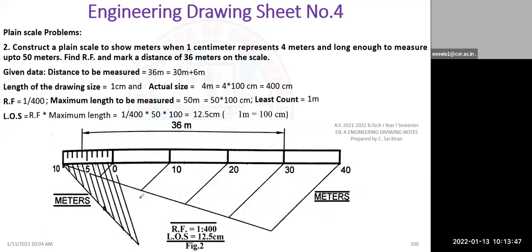And in the problem, they didn't mention 1 dash, 2 dash, but compulsorily you have to mention 1 dash, 2 dash, 3 dash, 4 dash, 5 dash, because nothing should be empty. Some labeling should be given somewhere. So here you can give it as 9 double dash, 8 double dash. So this will be 1 double dash. Like that, this will be 0 double dash. Like that, you can make the divisions.